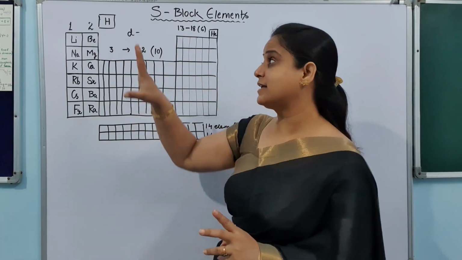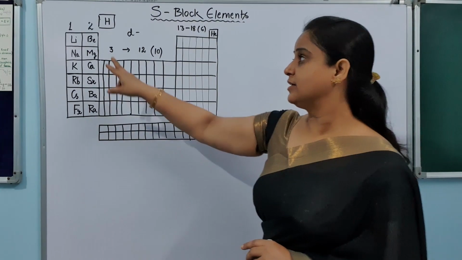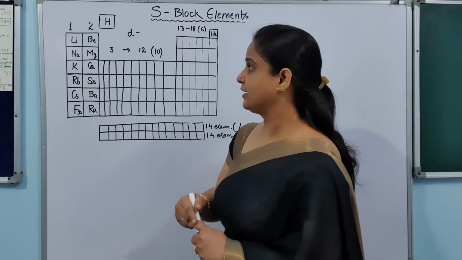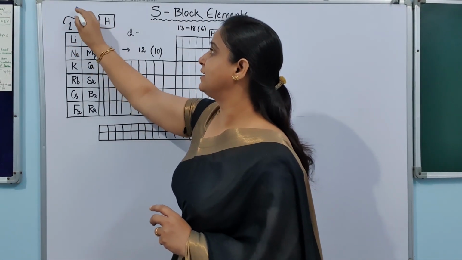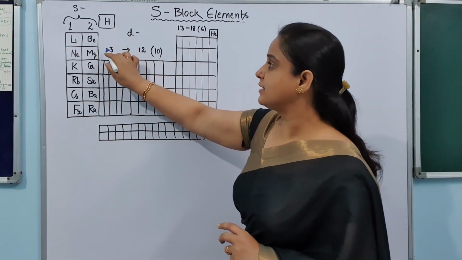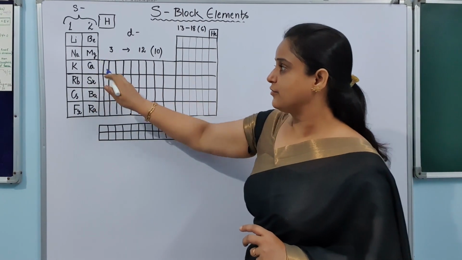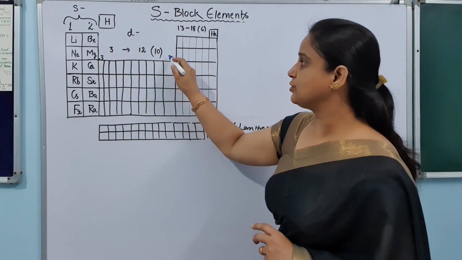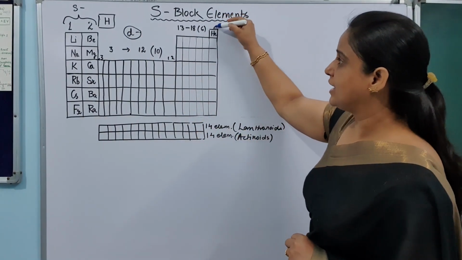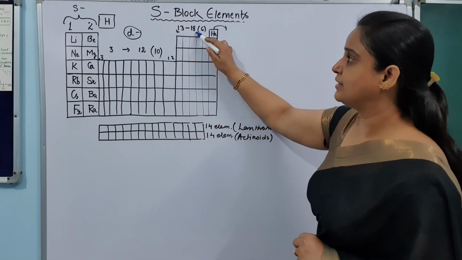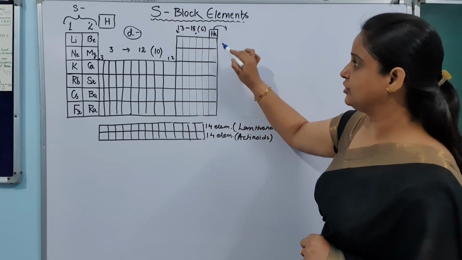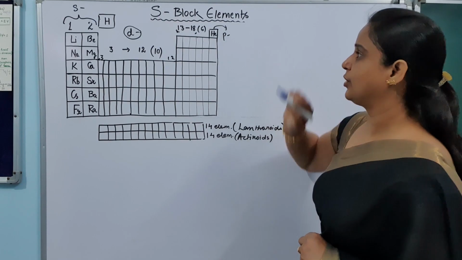We know that the entire table is divided into 4 blocks, that is, first and second group are included in S block. So this is S block including first group and second group. These elements are called S block element. The rest of the things are like third to 12th group. That is from here third group started to the 12th group we have D block element. After that we have P block element which is starting from the 13th group and ending to the 18th group. So these elements which are kept in this particular area, 13th to 18th group, are called P block element,